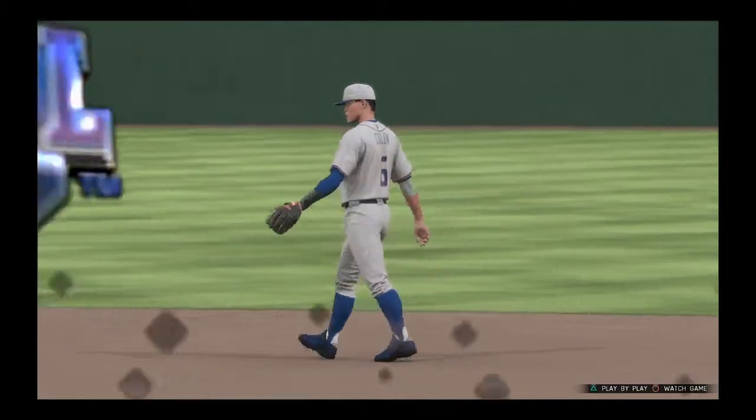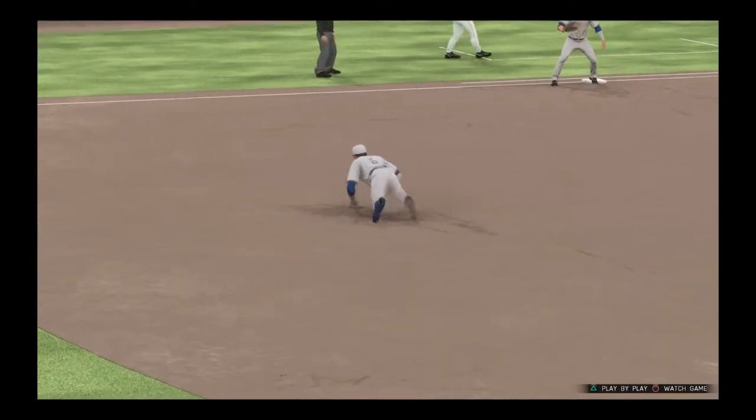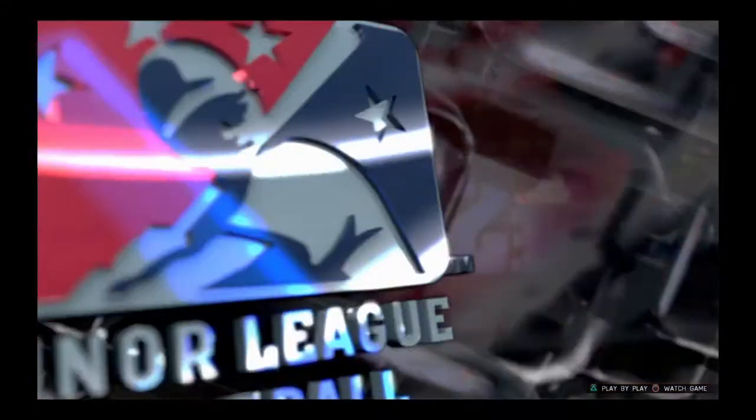Well, this ball is hit hard towards the hole. There's not a lot of reaction time there for a second baseman, but he's able to glove it, and he knows the speed of the runner going down the line, so he...